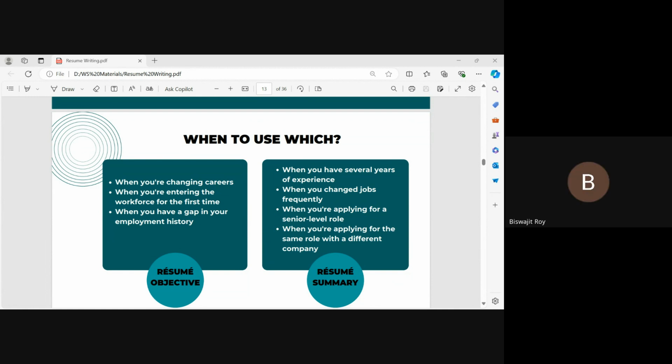Actually, I have two questions. For my first question, what should be the standard page length of a resume, ma'am? Because when I see resume samples on the internet, for experienced candidates and even for freshers, they have given a one page resume, right?